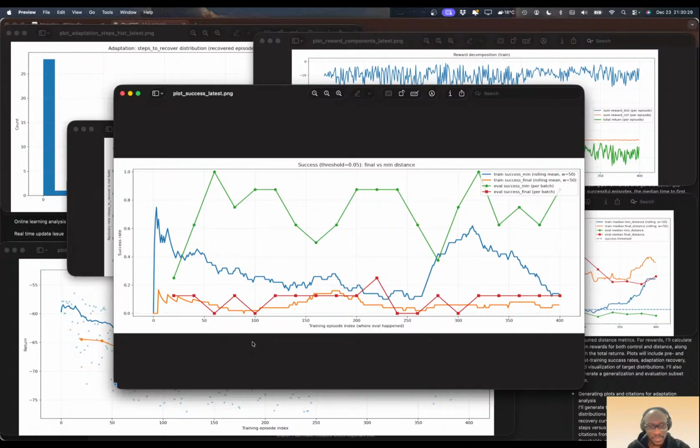It's everywhere. It never recovers and stays at the recovery position. Once it goes down, maybe it stays a bit and then just goes up again. So recovery is quite bad in the final success. Now that's just success, and I think we should also plot this threshold somewhere, because